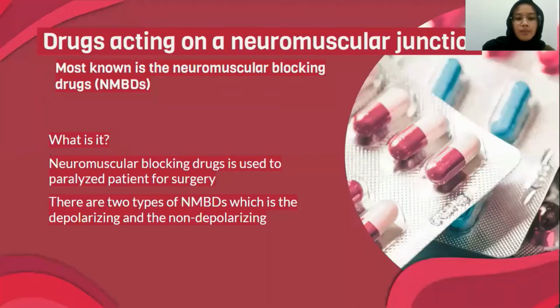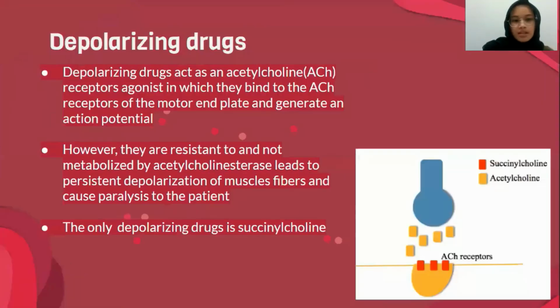Neuromuscular blocking drugs are used to paralyze patients for surgery. We have two types, the depolarizing and the non-depolarizing. The first one is the depolarizing drugs. Depolarizing drugs act as an acetylcholine receptor agonist in which they bind to the ACh receptor of the motor end plate and generate an action potential. However, they are resistant to and not metabolized by acetylcholinesterase, which leads to persistent depolarization of the muscle fiber and